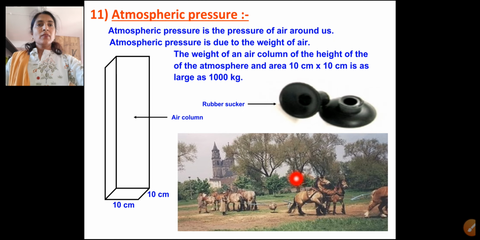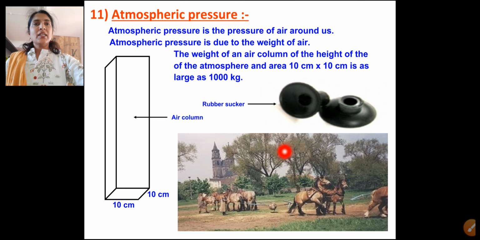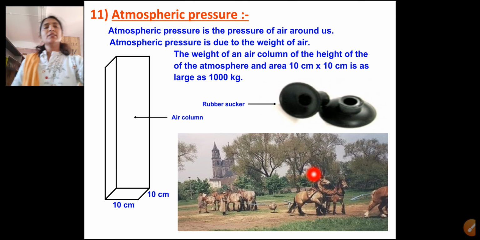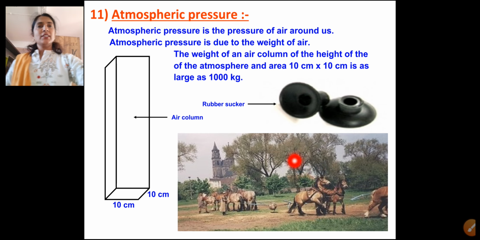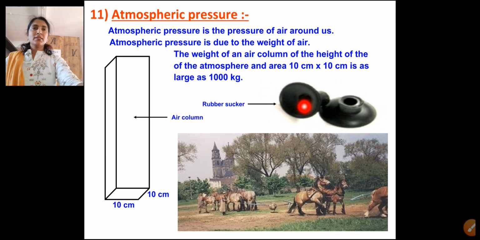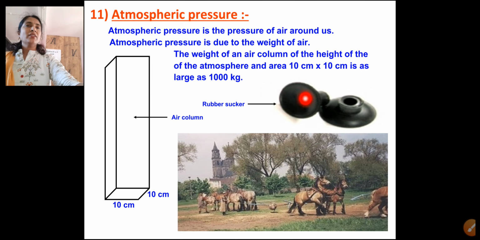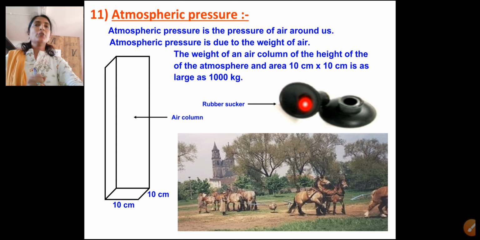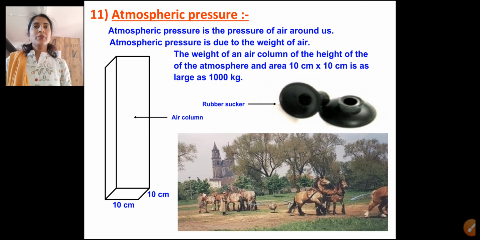Now see here, this picture is a good example of atmospheric pressure. Maybe you have seen this structure in a movie or a serial or somewhere else. Rubber sucker, most of the time you play with it. There are small toy guns that kids play with, and these guns have this rubber sucker. When you press it on the wall, the rubber sucker sticks to the wall because of atmospheric pressure only. So this is the point of atmospheric pressure, and here the lesson is finished. Thank you.